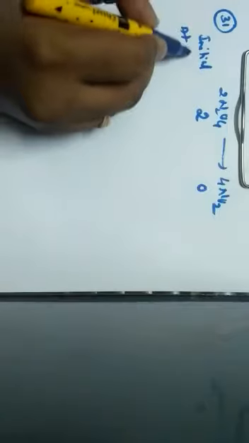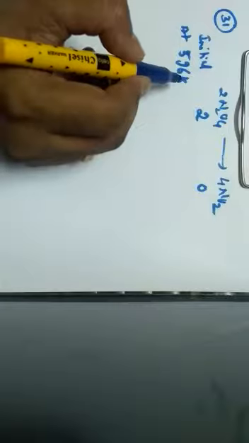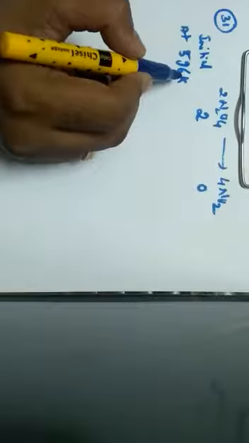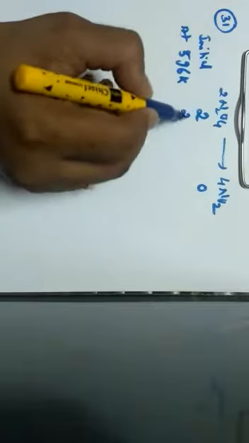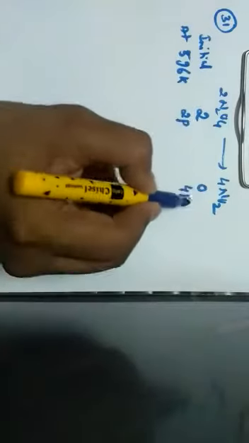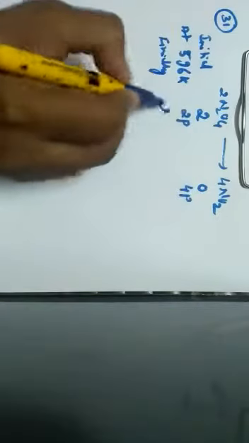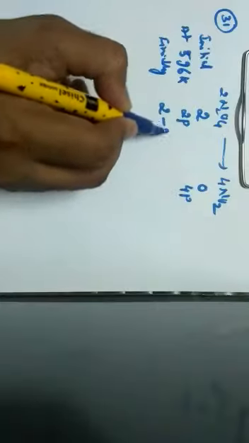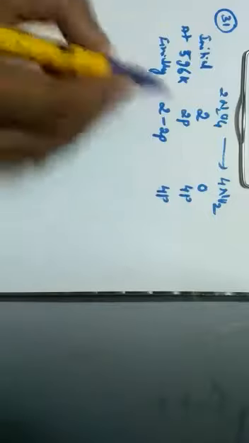Hence, at a temperature of 596 Kelvin, it is heated to a temperature of 596 Kelvin when 20% by mass of N2O4 decomposes. So 20% by mass of N2O4 decomposes means I take the pressure as 2P, and for this I will take it as 4P. Therefore, finally, 2 is the initial mole. So this much amount is undergoing decomposition. I will consider it as 2 minus 2P, and this is the product formed, that is 4P as usual.